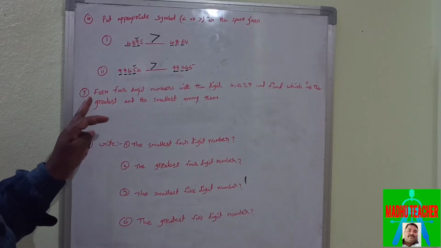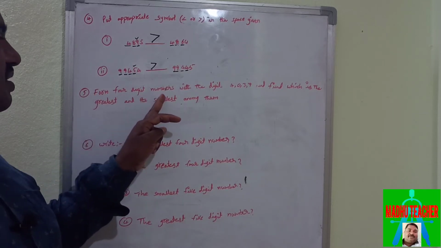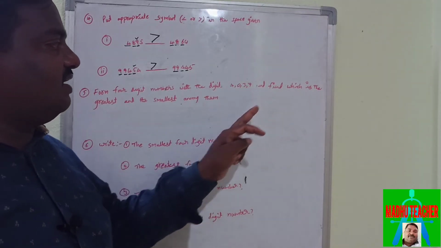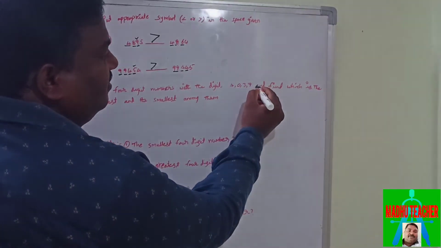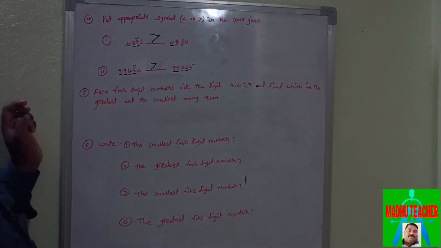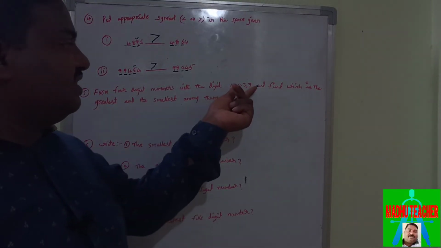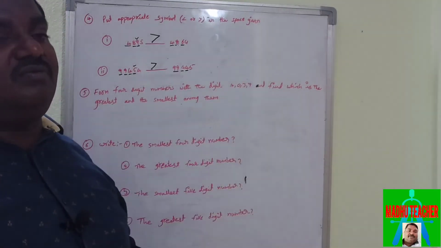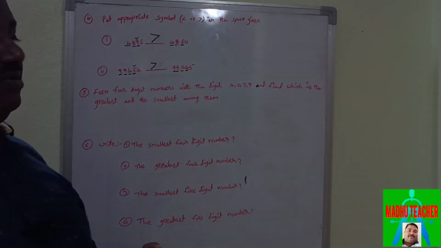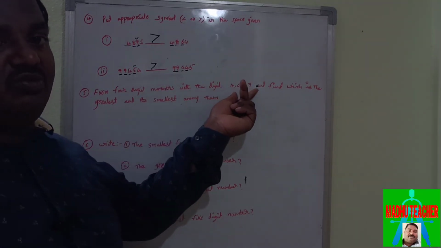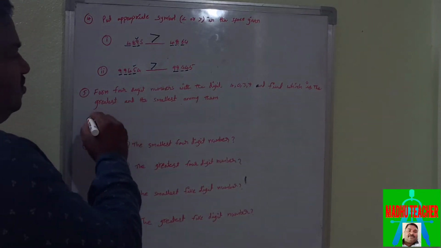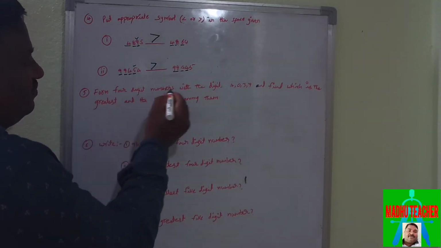Next problem. Form 4-digit numbers with the digits 4, 0, 3, 7 and find which is the greatest and the smallest among them. So by using these numbers, you have to form 4-digit numbers. So let us